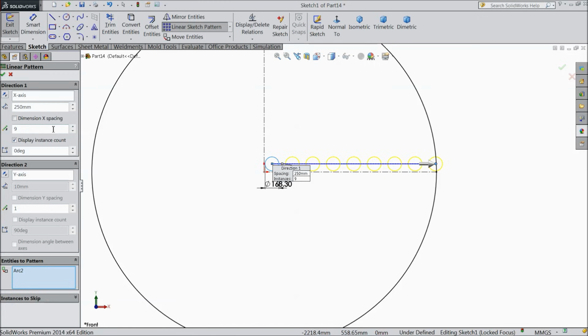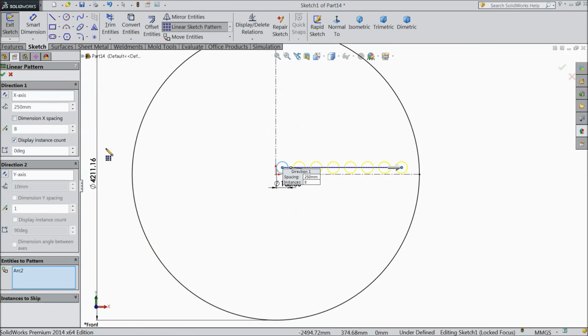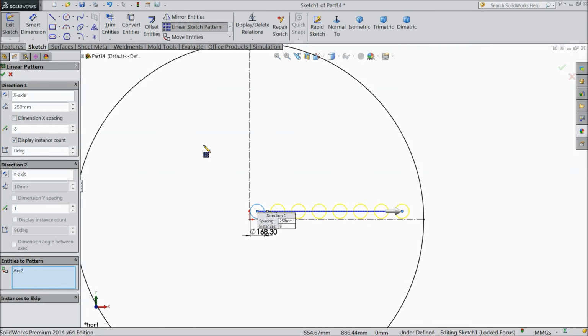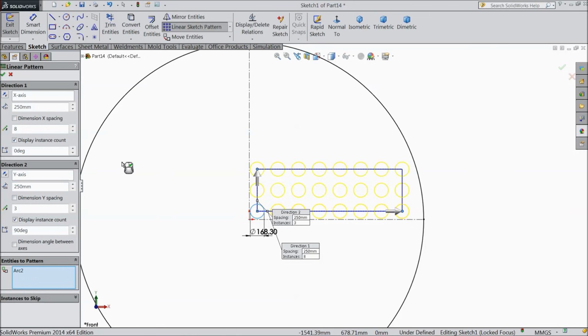Make 250 and make 8 numbers because the last one is going out of the body, and in Y direction also make 250 mm.